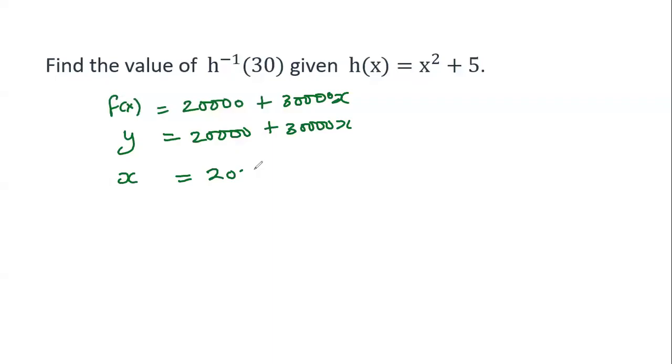So you have X equals 20,000 plus 30,000 of Y. When you interchange, you have X minus 20,000